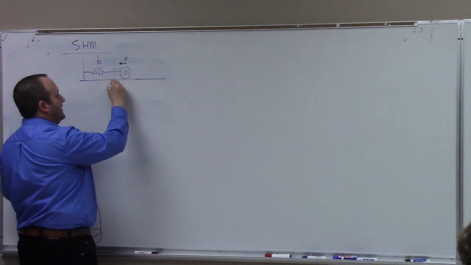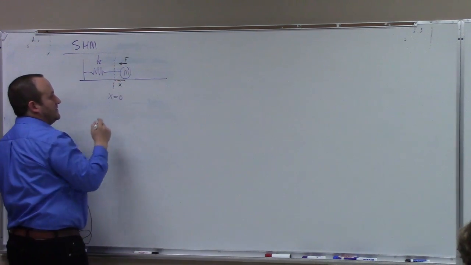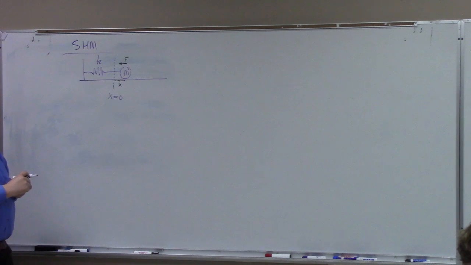And so if you say that this distance here is x, right? So x, I mean, it's not distance. x is a coordinate, really, because it can either be positive or negative. And